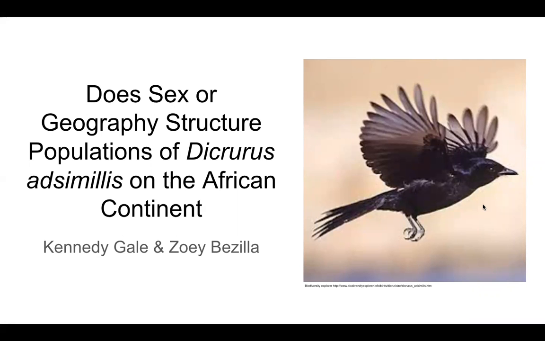I am a junior here at Roosevelt University, and I'm majoring in biology with minors in both psychology and chemistry. Today, we're going to be addressing the question, does sex or geography structure populations of Dicrurus adsimilis on the African continent? On this title slide on the right, we see a beautiful picture of a common drongo, also known as